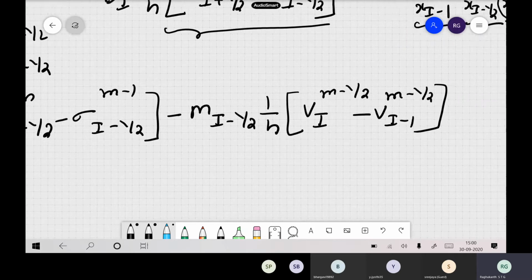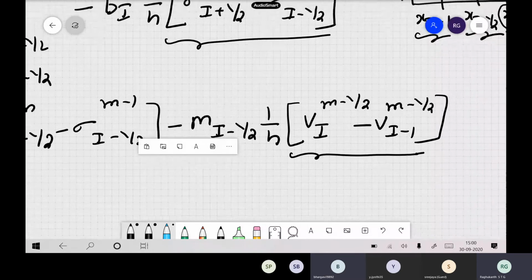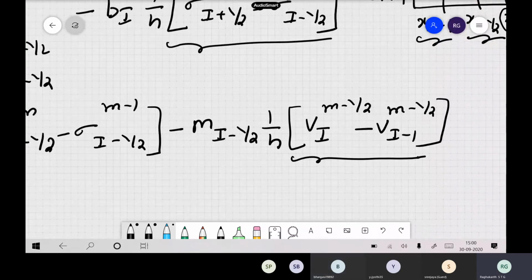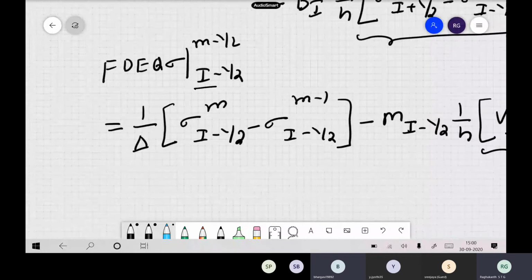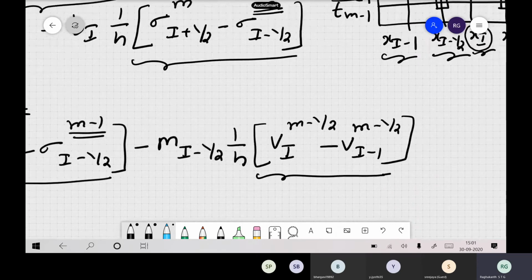Okay, so now here also what type of difference is it? Forward, central, or backward? Central. It is still central, because where are you finding finally the value? I minus half. Now what is this thing? What type of difference is this one? You are having m minus 1. This is not forward. M minus half, so both are central only. When you look at the equation, you will get tempted. Actually, it looks as though it is a forward difference, but that is wrong. You followed, right? So you can see now. I think Bhargav, you asked the right question.